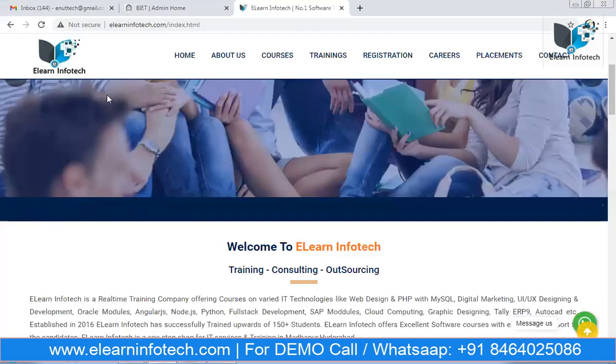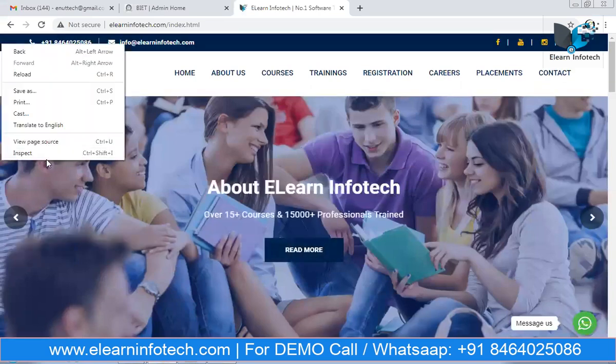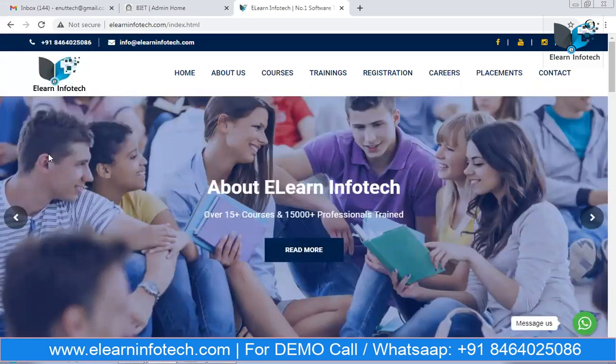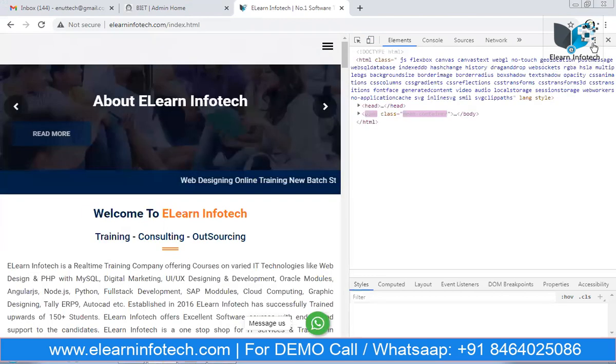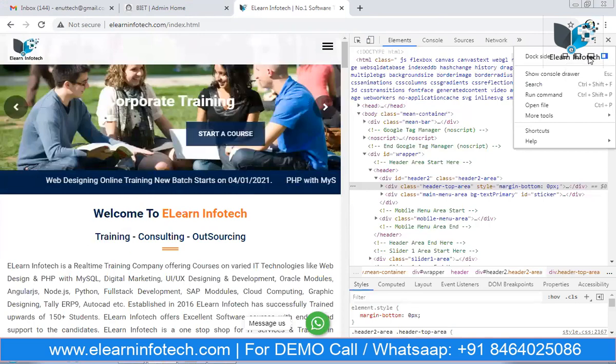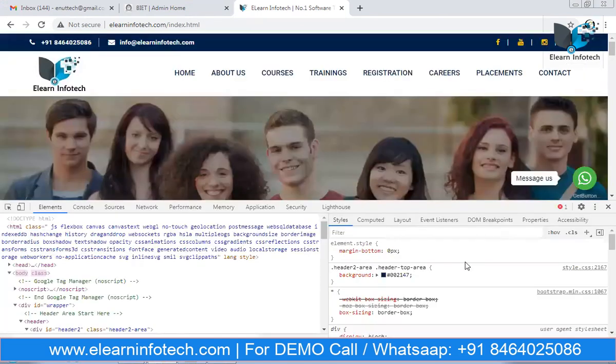The actual web page is developed by the HTML language only. Through CSS or CSS3, we can decorate the web page. For example, you can observe here we have a blue color background. Now my intention is I want to change this background to red or green, any color. How are we going to do this? Through CSS only, we can apply background colors as well as font families, font sizes, anything.